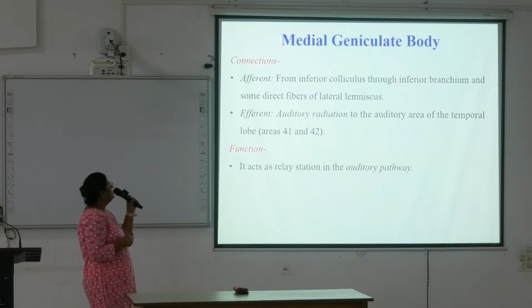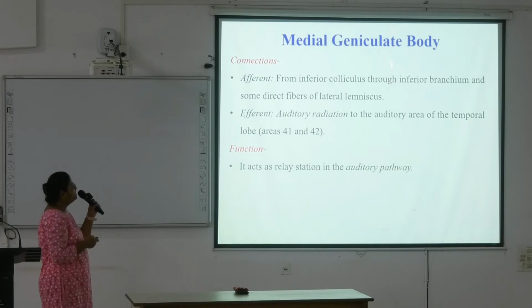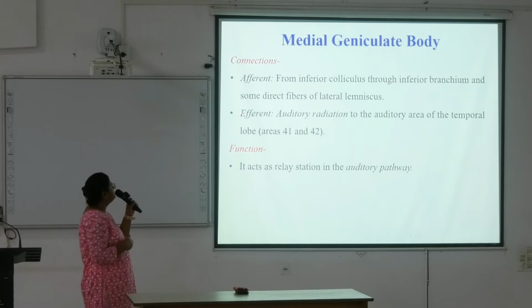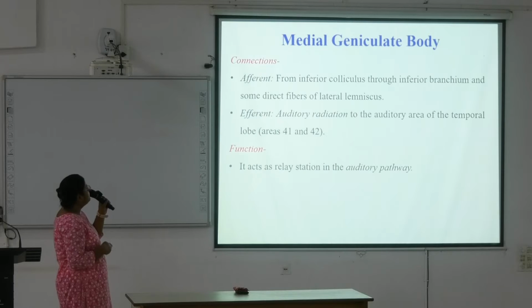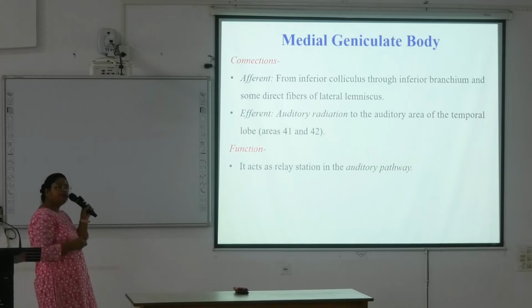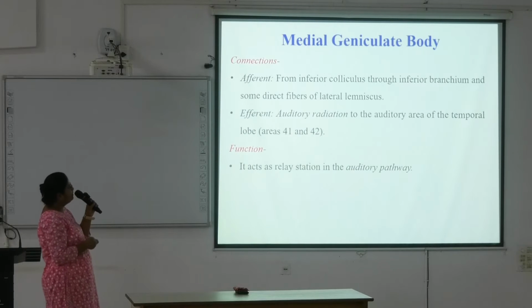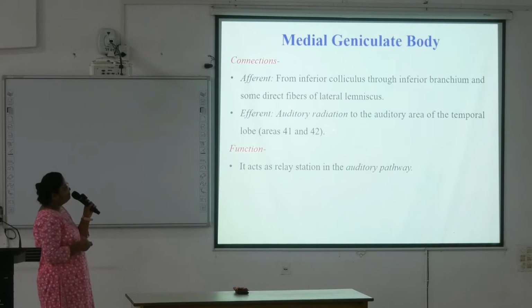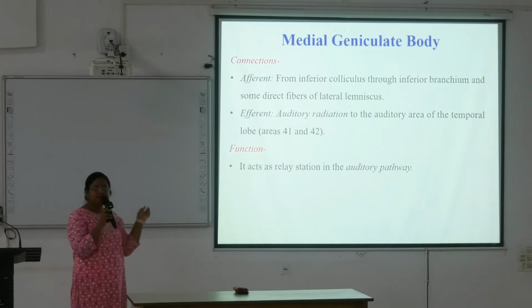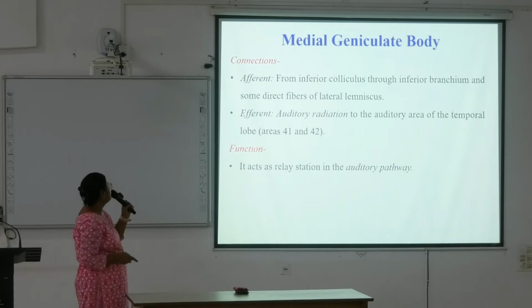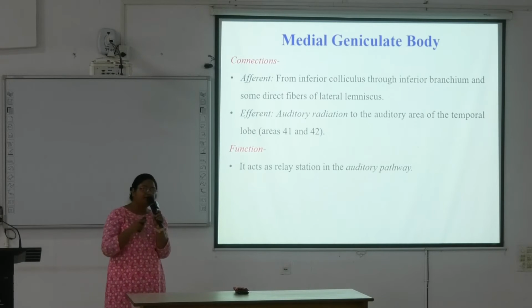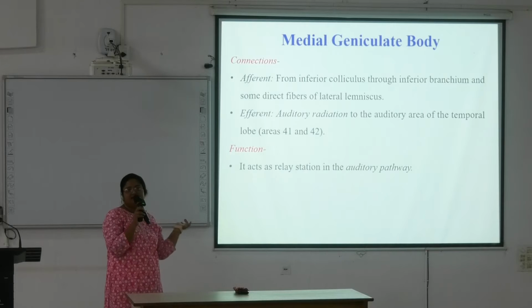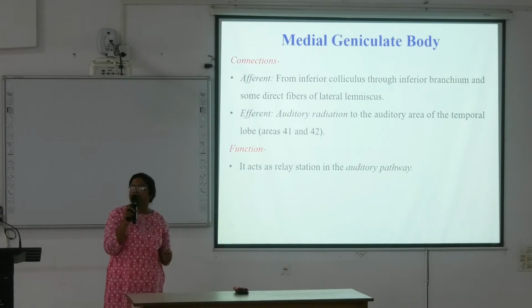what are the connections? It gets its afferent connection from inferior colliculi through the inferior brachium and some direct fibers from the lateral lemniscus. And efferent is going as auditory radiation to the auditory area of the temporal lobe. That is auditory area, you have seen Brodmann's area 41 and 42, in the superior surface of temporal gyrus, superior temporal gyrus. Function, it acts as relay station in the auditory pathway. Okay, that you have to remember. So, medial geniculate body acts as a relay station for auditory pathway. Next